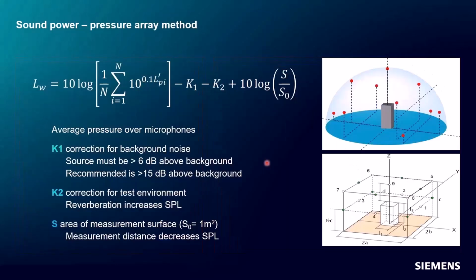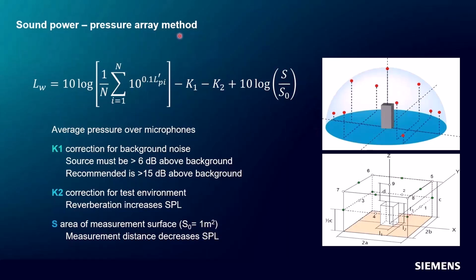In this sound pressure based sound power measurement, we have to use this equation to do the calculation for the sound power. The left hand side, LW, is the sound power level, and that is based on the measured average sound pressure level. This LPi corresponds to the sound pressure level that is measured at these different microphone locations. As I said, they can be in the form of a hemisphere or a parallelepiped like you see here. But the important thing is also that they have to be uniformly distributed.